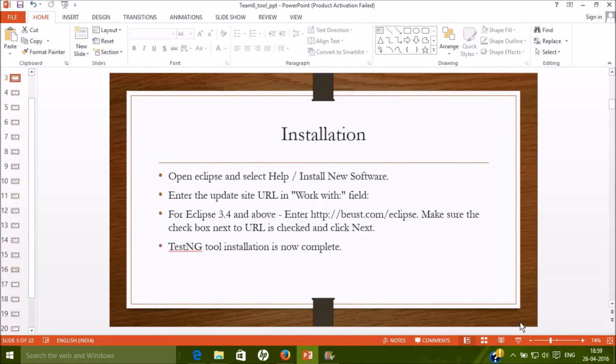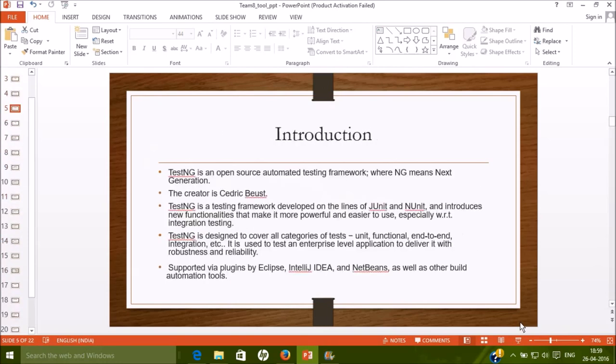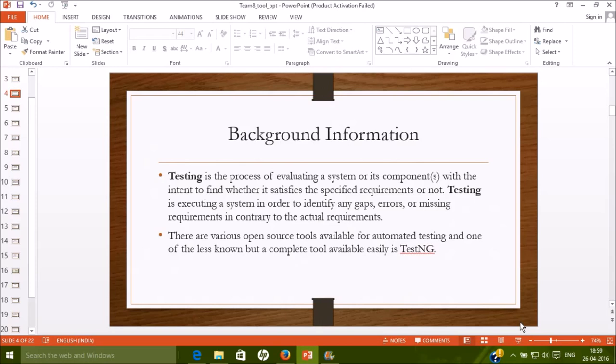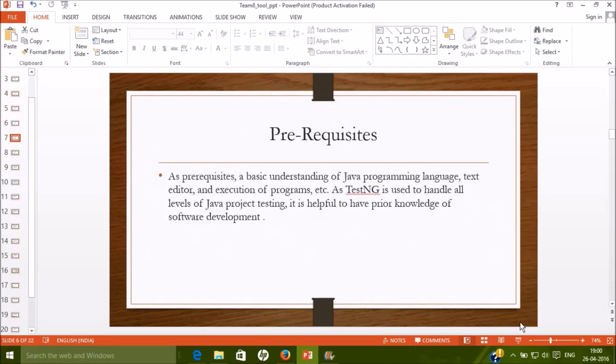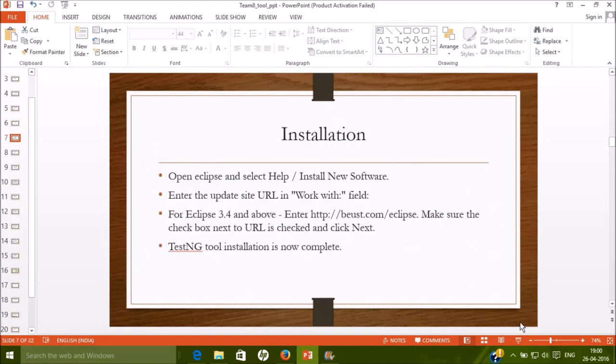We started off with background information on what TestNG is, what testing basically is, and how TestNG could be used to test our code after our development phase. Then we introduced TestNG. We didn't have prerequisites as such. Then we proceeded with installation and setting up TestNG in the Eclipse framework.